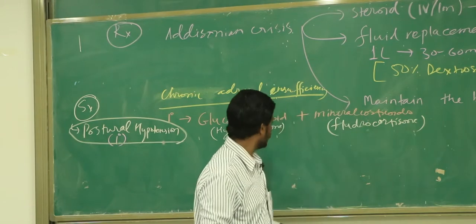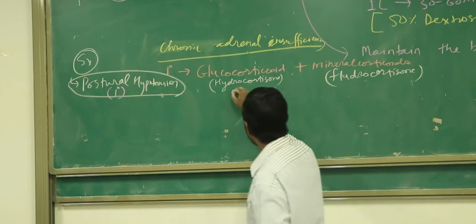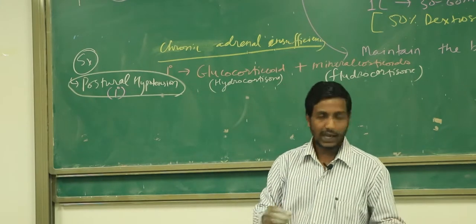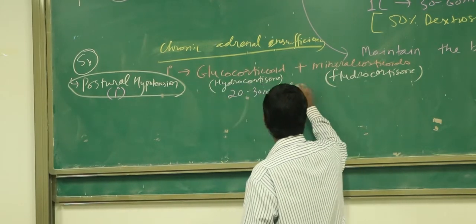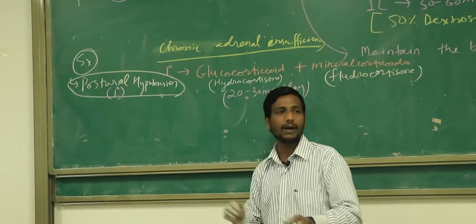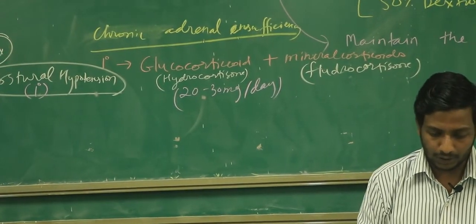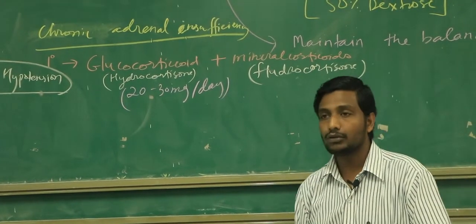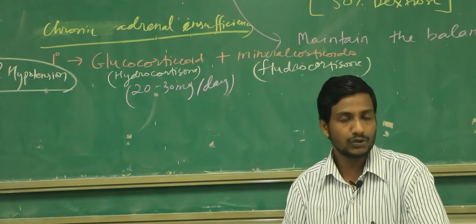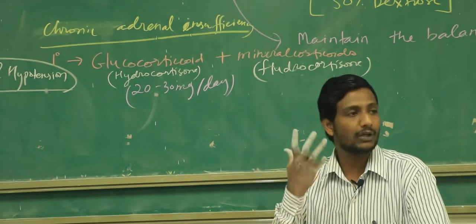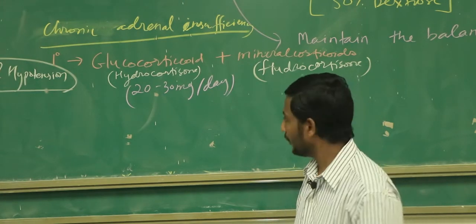Clear what I'm saying? Now the question is, how do we generally give the hydrocortisone? What is the dose of the hydrocortisone? Never forget, generally hydrocortisone is divided into 2 to 3 doses, and generally we go for around 20 to 30 milligram per day, given in 2 to 3 divided doses. And the larger dose is given at night, because you know that in the early morning the patient is going to have a requirement of high cortisol, so we must be giving it at this time. Clear what I'm saying? Okay, now let's go further.